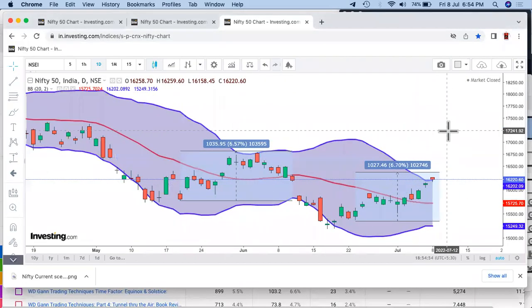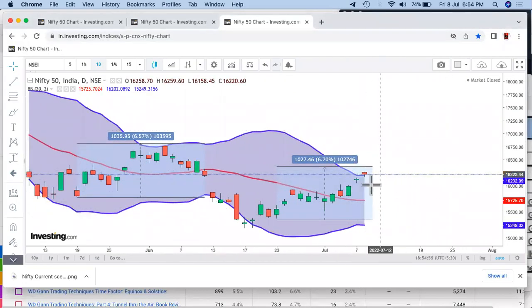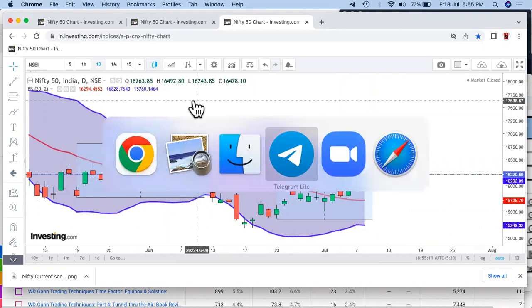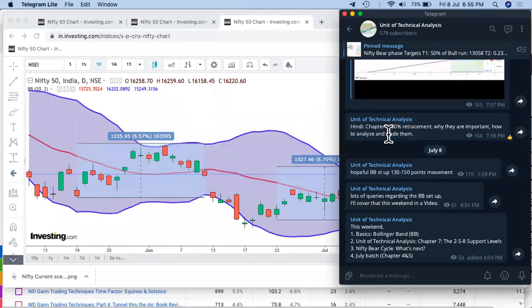Second indication is on the Bollinger Band, you are going somewhere around just above the Bollinger Band. So if something is going outside of the Bollinger Band, probably it should come back. And if it comes back from here, we may get somewhere around 1,000, 2,000, 3,000 points, or maybe more than that. But as per my understanding,